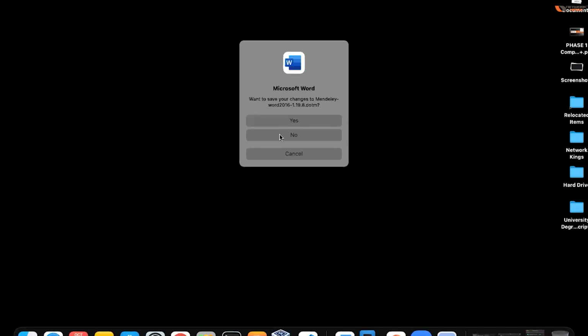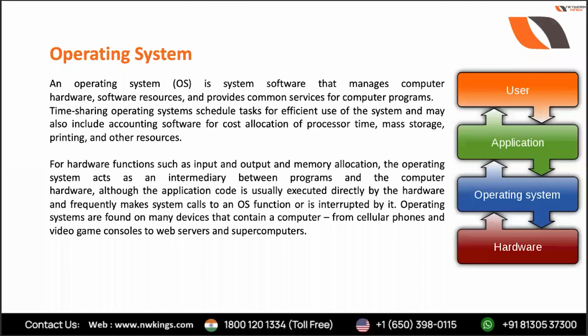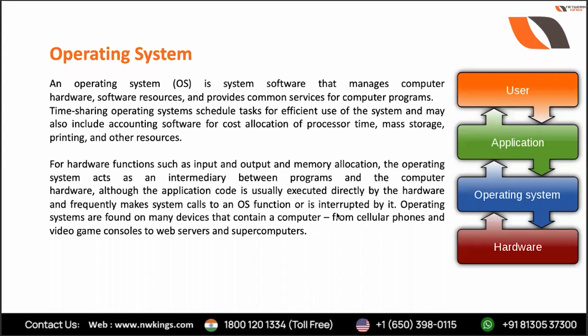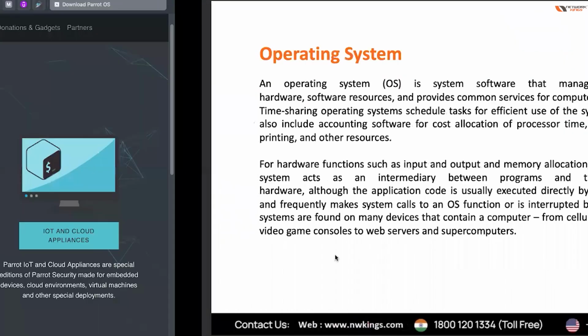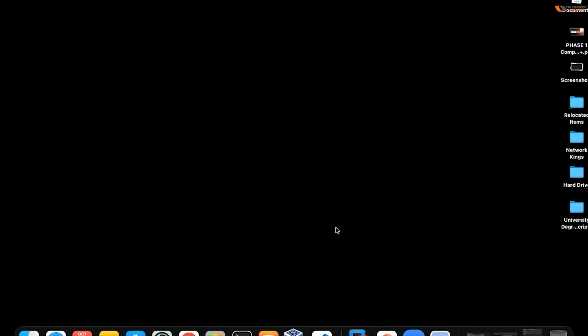Speciality about Parrot OS is that it can be used for general purpose as well. It's lightweight, Ravi. It can be used for maintaining anonymity, and it can also be used for learning cybersecurity based concepts, putting your concepts into practice. Okay. Then this was an example of a special purpose operating system.